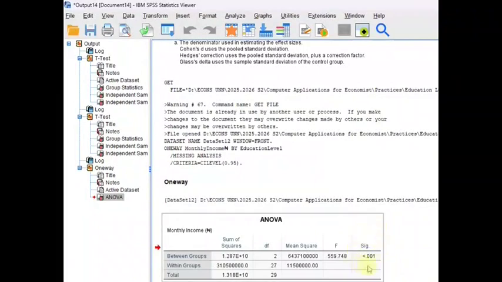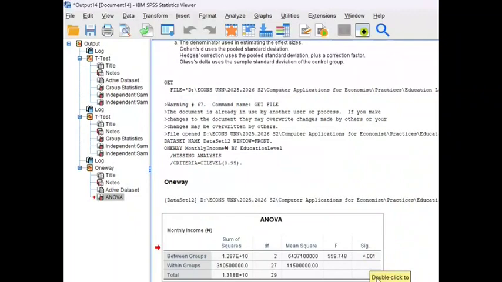Once this is less than 0.05, it means that it is significant. And what does that mean? We're trying to say that the probability that the observed differences happen by chance is